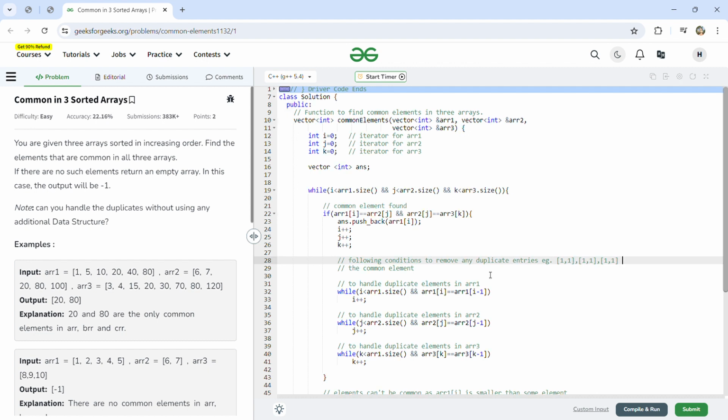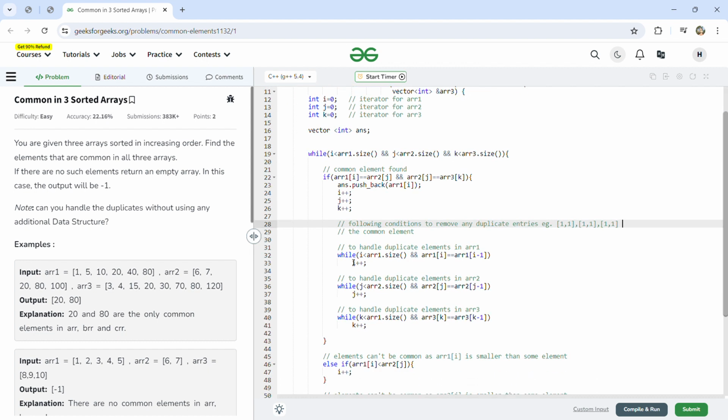To do that, we have written while loop conditions for all three arrays. The first one is for the first array, similarly this one is for the second array, and this one is for the third array. So let's suppose we are looking into the first array. The index i should be less than the size of array 1, and the element at the ith index